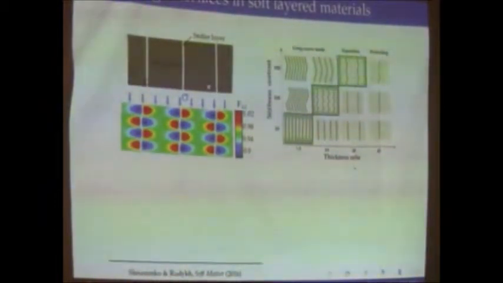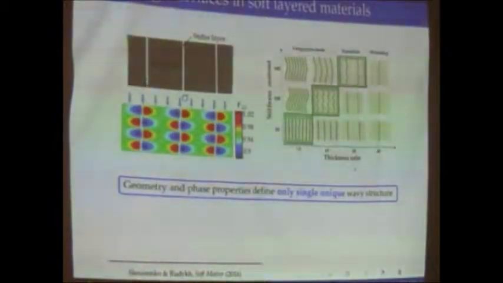What basically happens, especially when you do experiments, is that once you manufacture these materials, you define the thickness ratio between the stiff and soft phase, and what the materials are, so the stiffness contrast is also defined. Then you essentially end up with one particular, unique, single wavy pattern that you can turn. And if you're interested in expanding the pool of microstructures that you can obtain with the instabilities, then you can